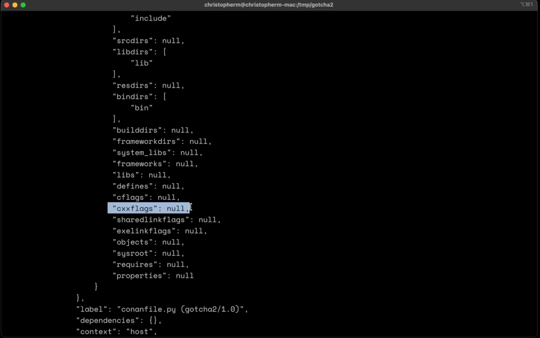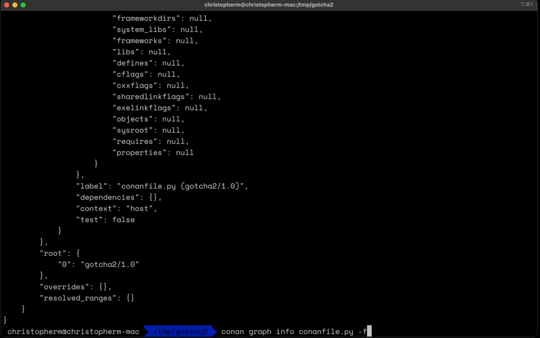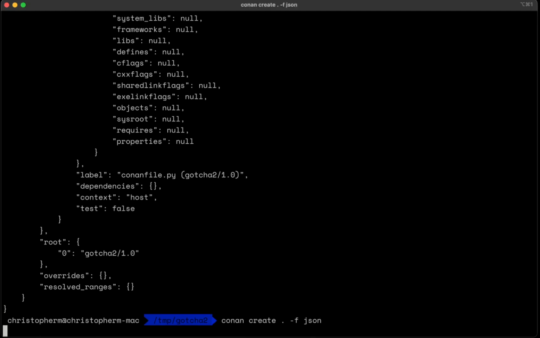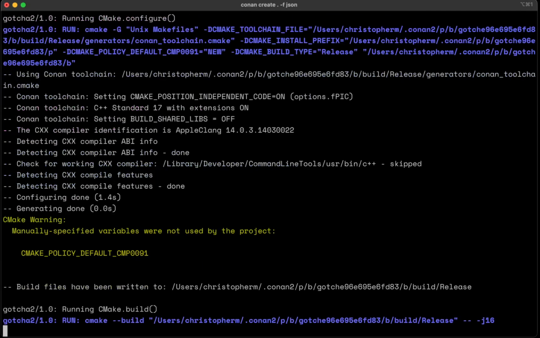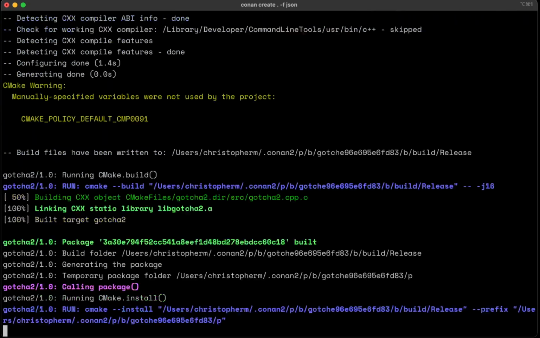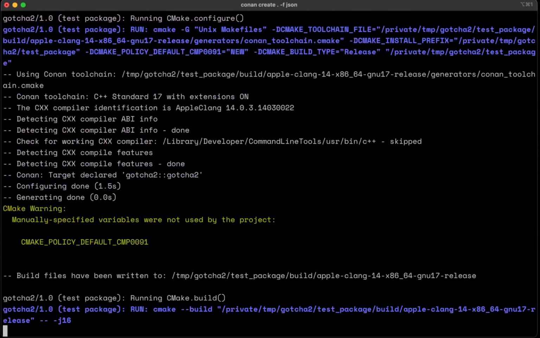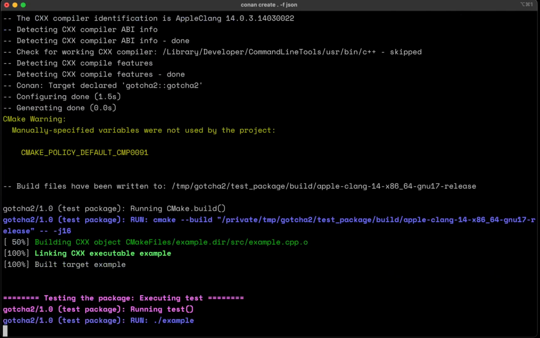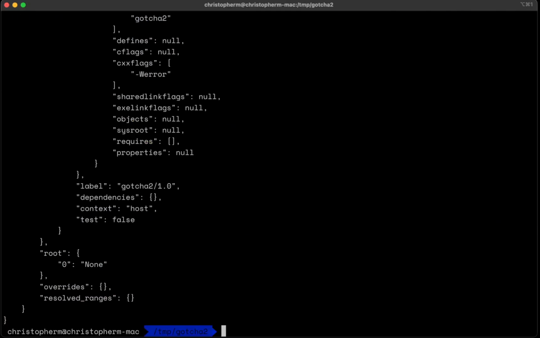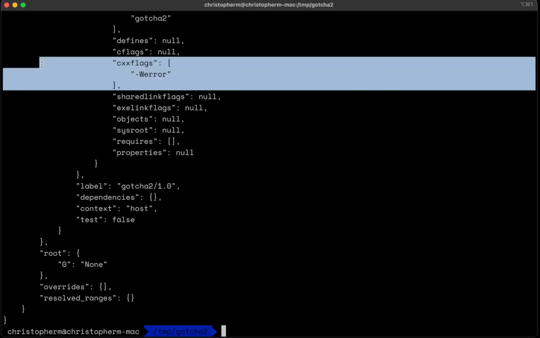So this is a fun instance of where your commands don't work. So if we ran this, but we did conan create instead, conan create, right, -f, we want our format json output. We'll let this do its thing. It's going to run, it's going to build. Now we're going to be able to notice right away at the top, cxxflags -Wall. Because the package has now been built and the package was pulled locally,